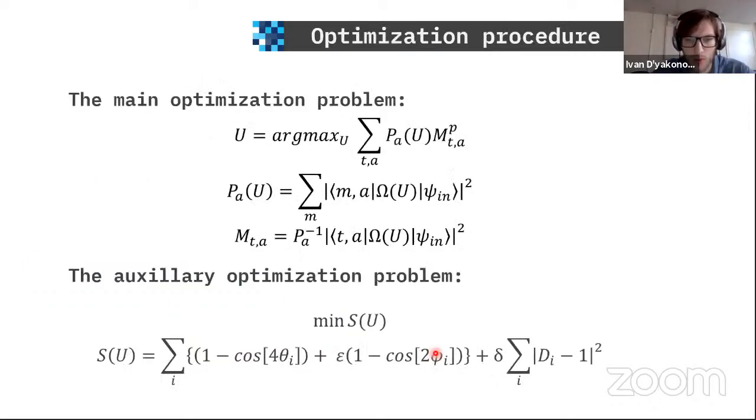So we have formulated our problem in the following way. We have the main optimization problem and the auxiliary optimization problem. The main optimization problem fits our circuit to maximize the state overlap between our target state, which is the GHZ state, and our transformed input state. It also optimizes the probability of finding the given ancilla using our circuit U and the given input state Cin. And we also have an auxiliary optimization problem, which helps us to reduce the number of elements required to